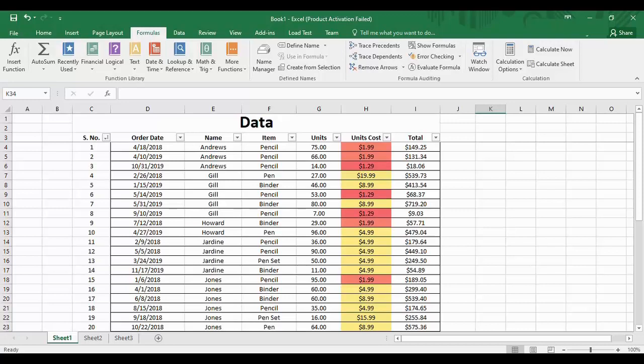Using the IF function, we are going to generate three kinds of output, that is the numerical output, the string output and the boolean output. So let us start with our tutorial. First of all,